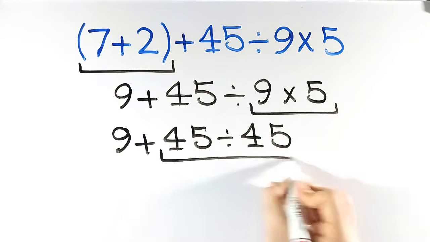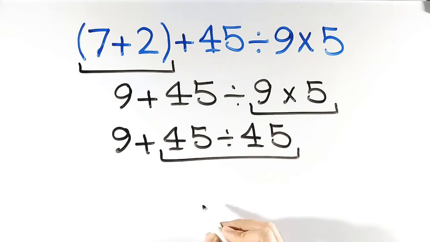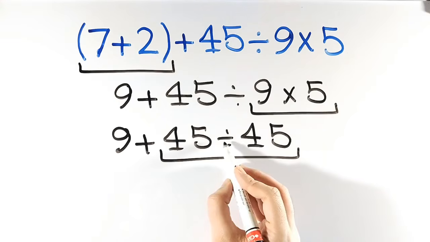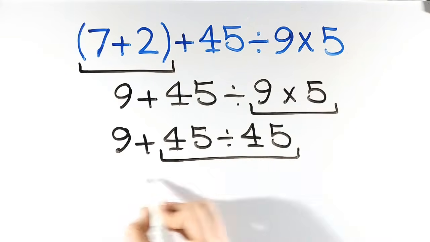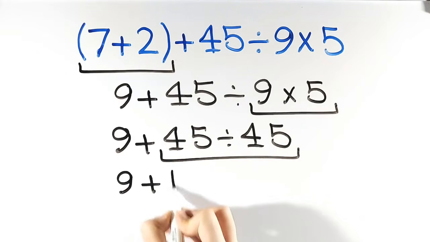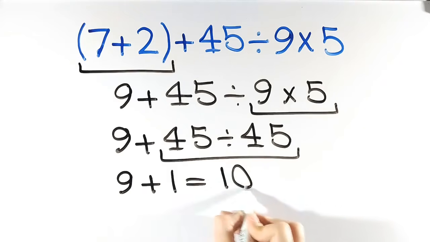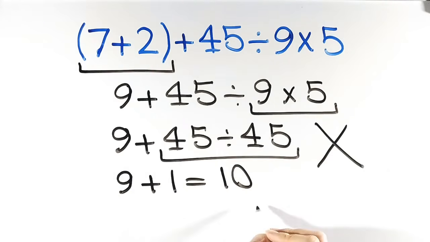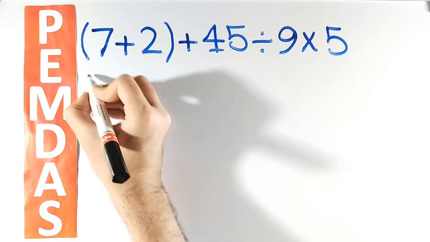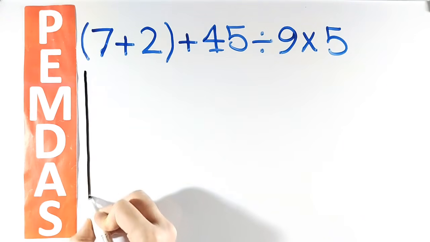Then they go for the division between 45 and 45 because they believe division has priority over addition. So they rewrite this expression as 9 plus 1, which finally gives them the answer 10. But that's definitely wrong. To solve this question, we must follow the order of operations step by step from top